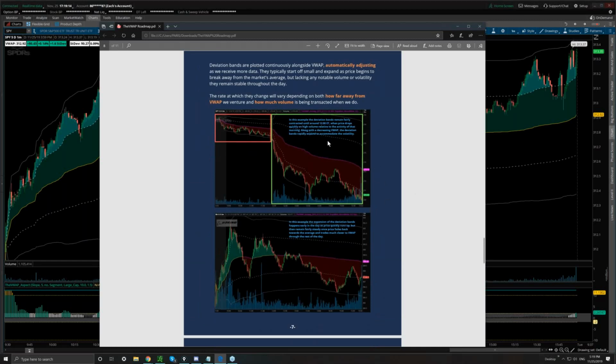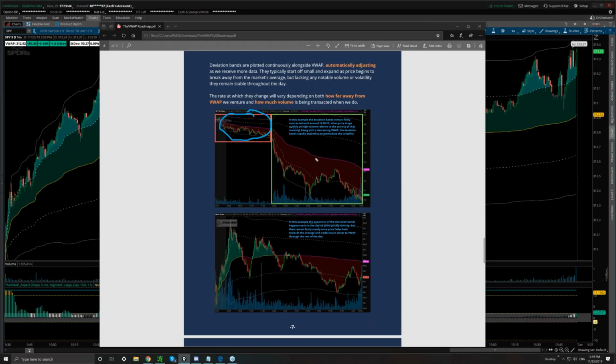I think here we just go through another example of that kind of rapid expansion, if you will. Look at how condensed the deviation bands are here at the start of the day on SPY. And when it really breaks out to the downside, breaks down, I should say, you can actually see the deviation band width going from microscopic, only 25 or 30 cents, to several dollars in size as the day develops.